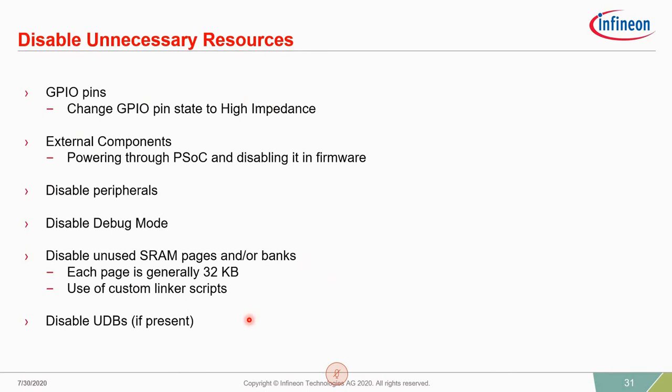After covering this slide, you might apply the same analogy for clocks as well. So you might think that if I reduce the clocks, then the current consumption also reduces. That is correct, but reducing the clock frequency does not always guarantee lesser current, and it is dependent on the application. To understand this better, let me take an example.